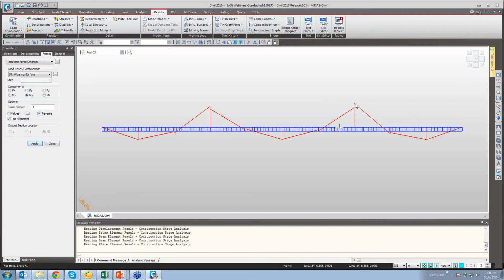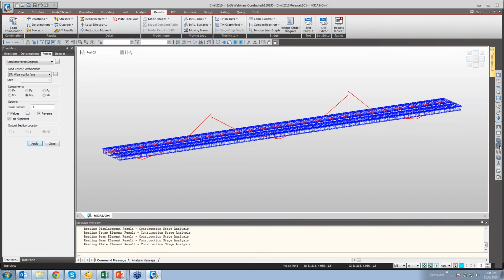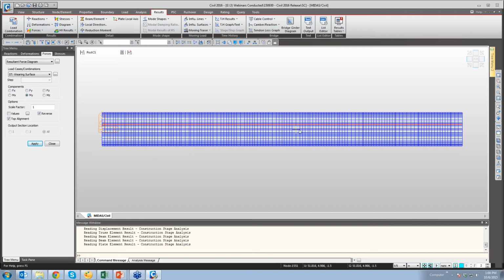Now, there is a certain kink also that's happening. That is due to insufficient division of plates, as well as the large number of divisions that we have taken. For a better result, you can give a smaller number of divisions and you will get better results. So this is the bending moment that will happen, if I go in plan. This is the main girder that has been selected. For that main girder, this bending moment will happen for the particular moving load case. Similarly, you could check for different combinations.